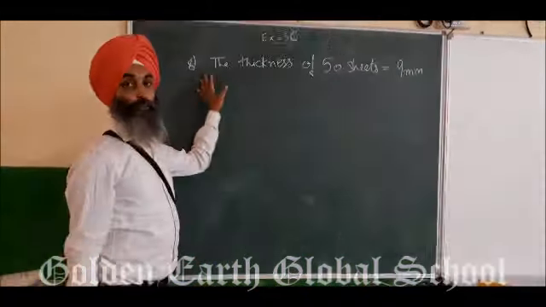Now 40 is not going, so put 0, and 5 8 are 40, so 400. So your remainder is 0. So it means when you divide 0.9 by 50, your answer is 0.18, but here it is 0.9. So it means your final answer will be one place back. So your final answer is 0.018 centimeter. So this is the answer of this question.